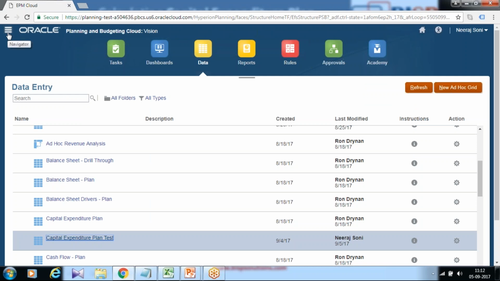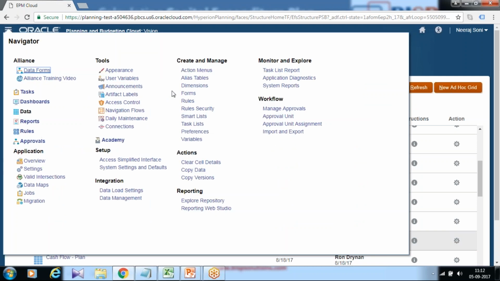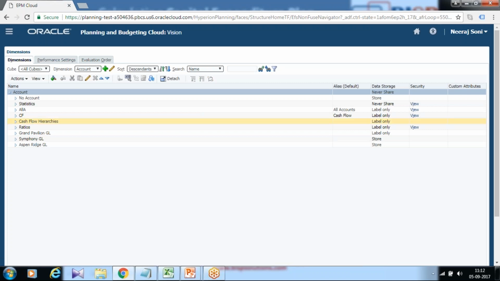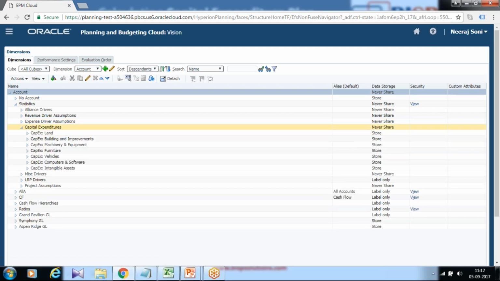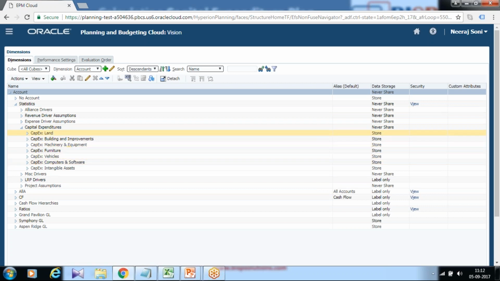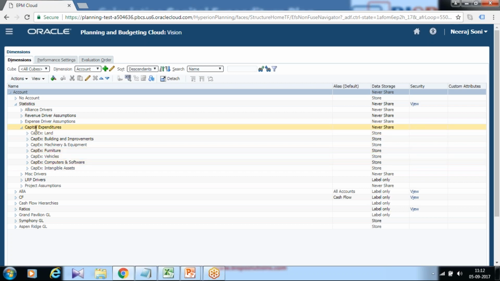You log into your Planning and Budgeting Cloud Service and go to your dimension section. There you find your account dimension. All your capital expenditures are kept under the statistical account. These are different capital expenditures: your building, machinery, furniture, vehicle, and so on.